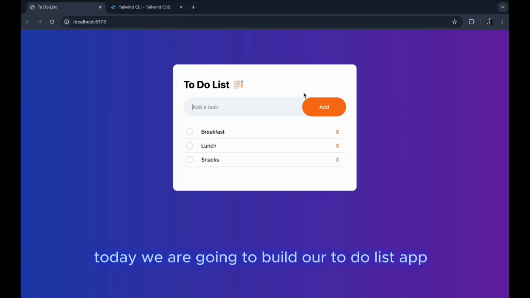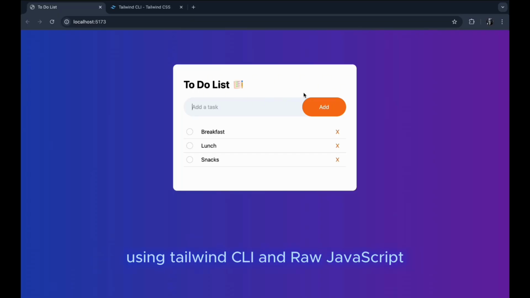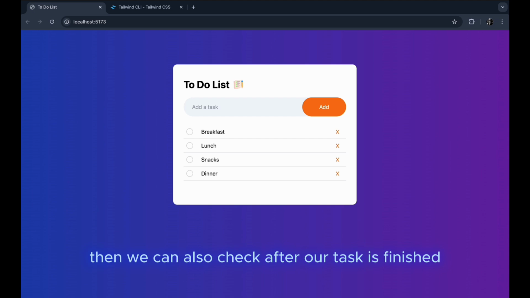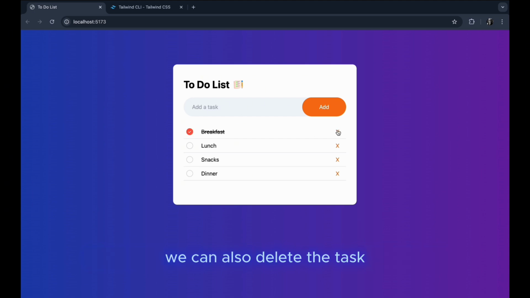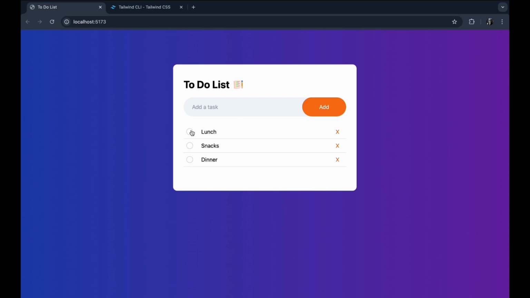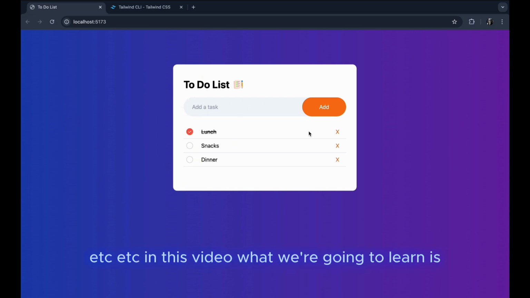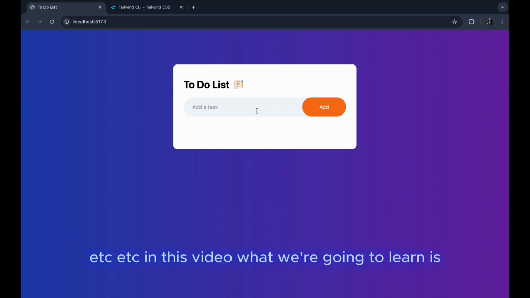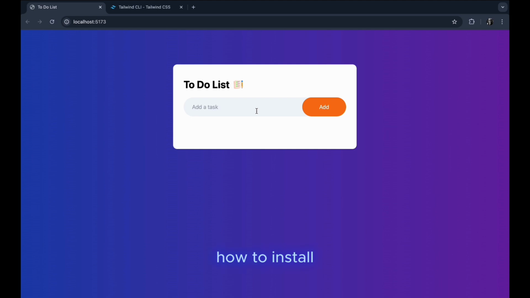Everyone, today we are going to build our to-do list app using Tailwind CLI and raw JavaScript. So in this to-do list, what we can do is we can add a task, then we can also check after our task is finished, we can also delete the task, etc, etc. So in this video, what we are going to learn is how to install